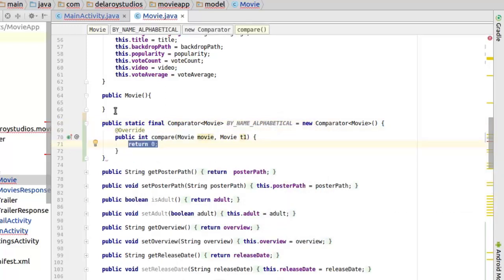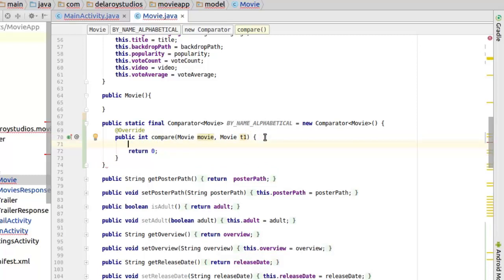And right there, if you notice, we have to override the compare. This is the method that we need to actually compute the comparison. So we have to do that right there, which returns, instead of returning 0, it must return